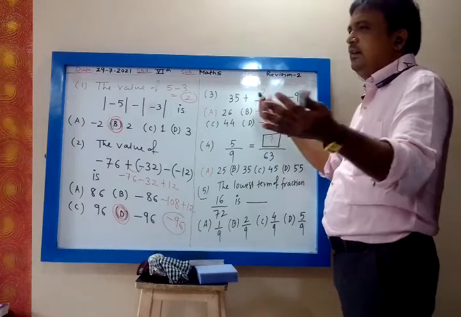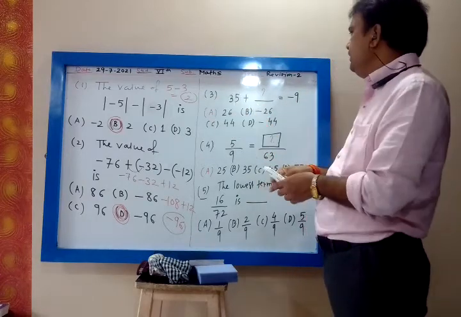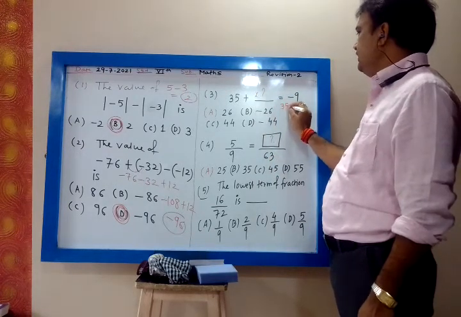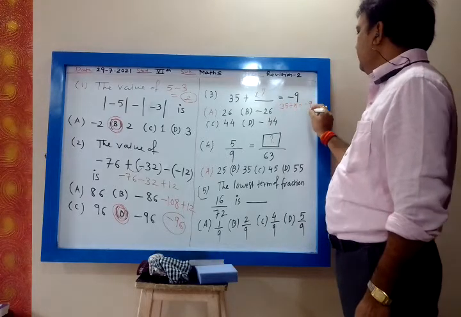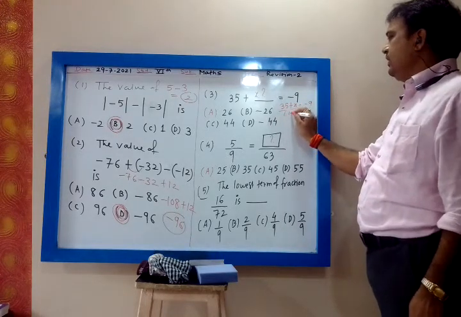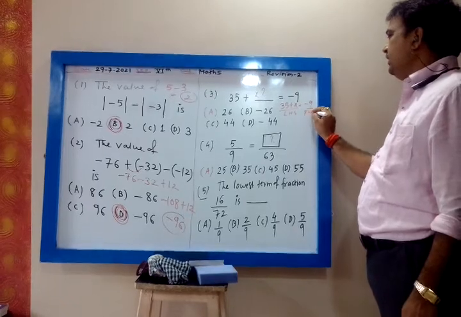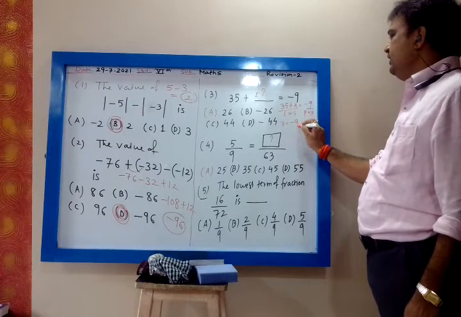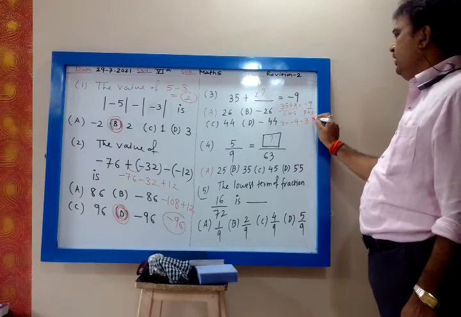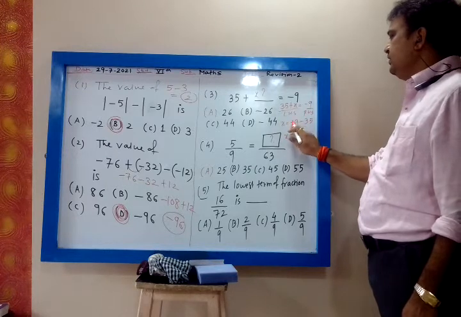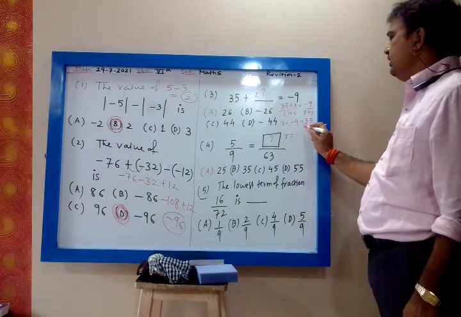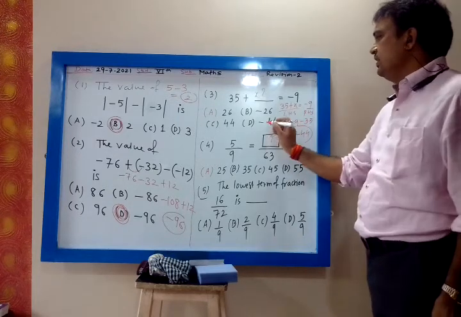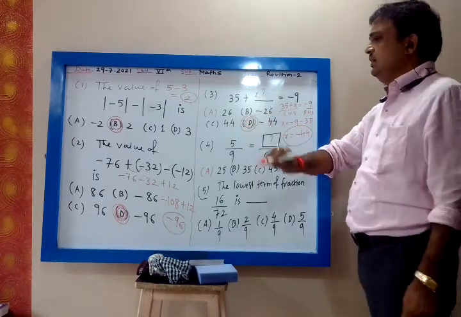Let us see. No, my dear, let us see what will happen. We consider this as x. So 35 plus x is equal to minus 9. Now this is my left hand side and this is my right hand side. When I take 35 to the right hand side, it will become minus 35. X is equal to minus 9 minus 35. Now they have the same sign, minus minus. Same sign: add the numbers, take the common sign. 35 plus 9 is 44. Common sign minus, so minus 44 is the correct answer. Okay.